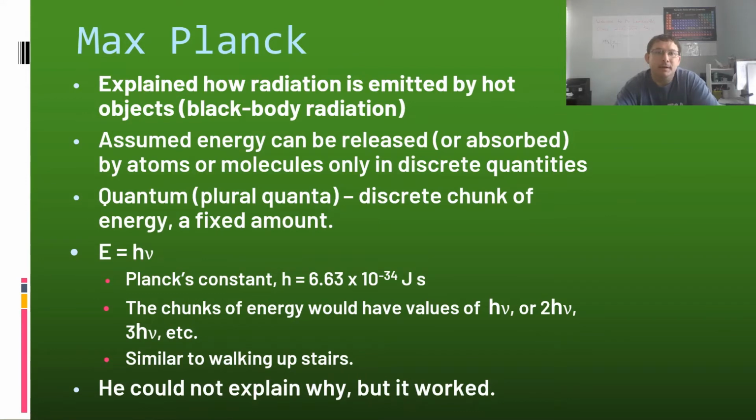Max Planck explained how radiation is emitted by hot objects, this concept of blackbody radiation. He assumed that energy is released or absorbed in discrete quantities, and he called these quantities quantum, or for plural, quanta. A quantum is a discrete chunk of energy, a fixed, very specific amount of energy that is being given off. It wasn't just a release of energy; it was a release of energy in certain amounts, not just any amount,